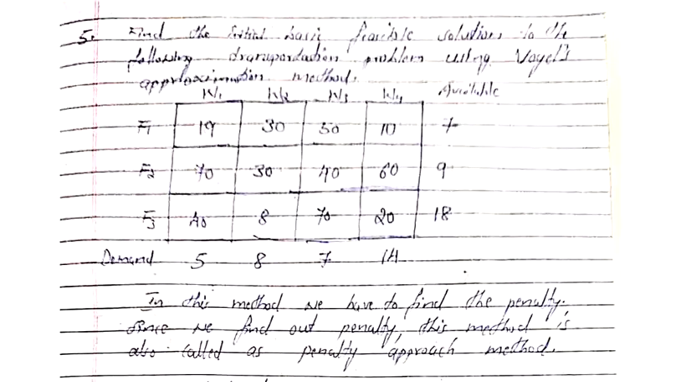Hello everyone. In this video we shall discuss the next method in solving the transportation problem. It is called Vogel's approximation method. Already we have discussed 4 methods in solving the transportation problem: the northwest corner rule, least cost entry method, column minima and row minima method. Out of all these 4 methods, this is the 5th method in solving the transportation problem, and it